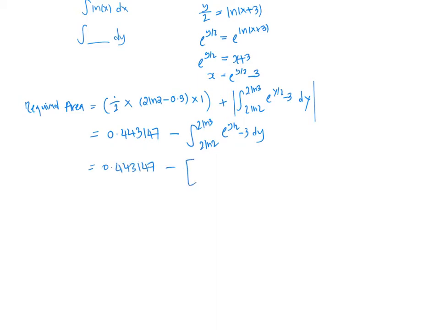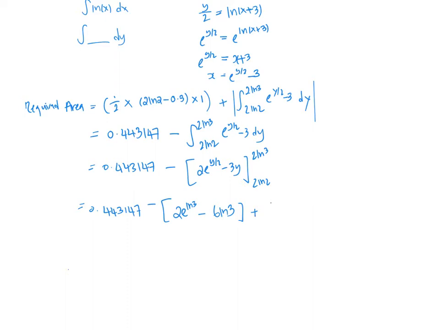Okay, integrating this should give me 2 e to the power y over 2 minus 3y. Alright, this is 2 ln 2 and 2 ln 3. Okay, so if we substitute our values in, that should give me 2 e to the power of ln 3. So you see here that this is why I was writing the 2 outside here, because eventually it will be divided by the 2 in the e power. Okay, so here I will have 2 e to the power ln 3 minus 6 ln 3